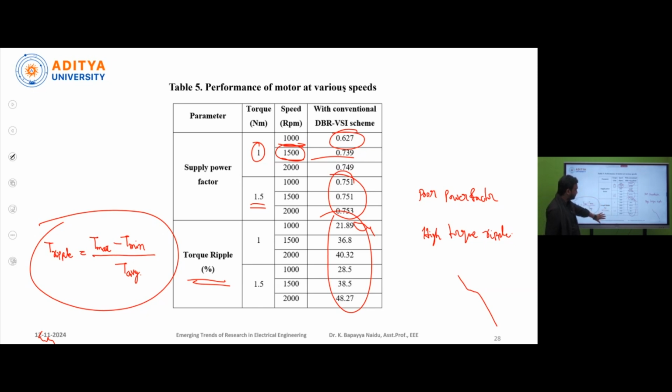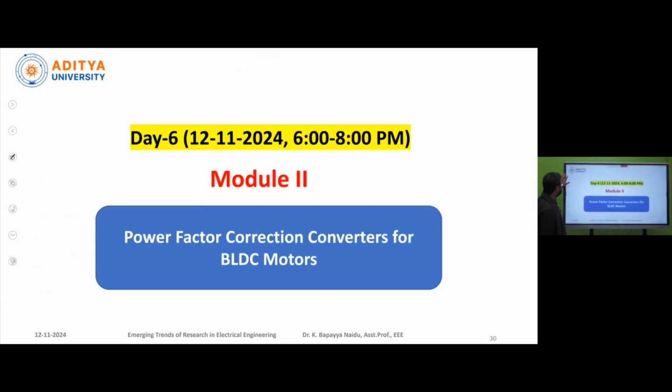Okay, now for overcoming this poor power factor and high torque ripple, we are going to design different types of power factor correction converters. Actually, what is the converter? It is nothing but a DC to DC converter. Okay, it converts from